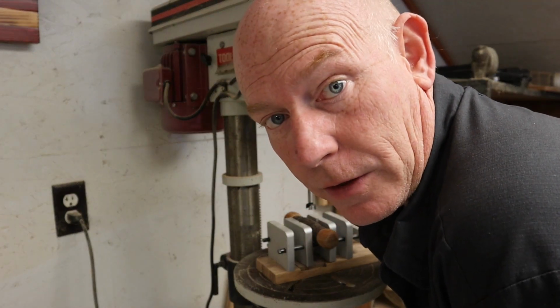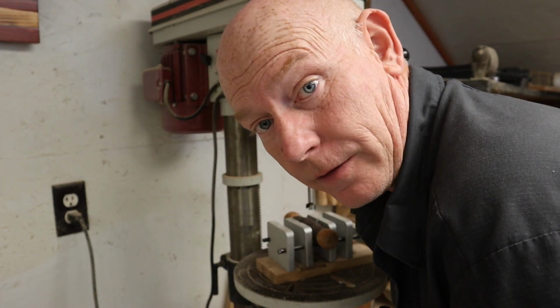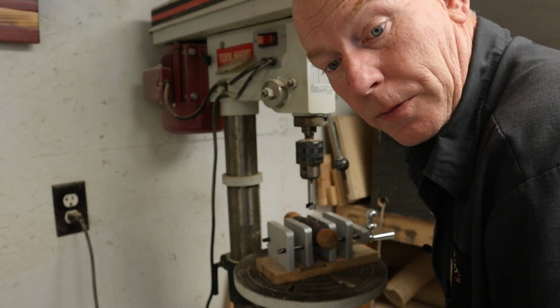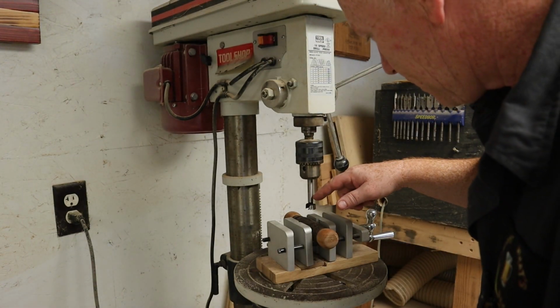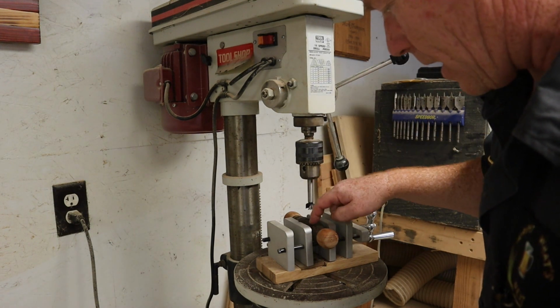All right, I finally got my drill press working again. It took me 2 different belts. The second one came in, it was finally the right one, and I didn't damage the pulley so bad that it wasn't reusable after my first mistake. So now I can actually try and drill this. I've already got it set. Got my pilot hole drilled, and then I have the depth gauge set to go about halfway through this,